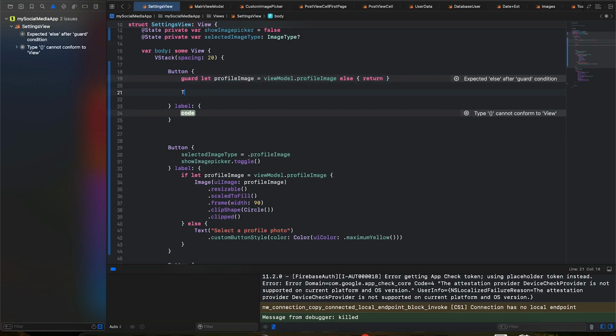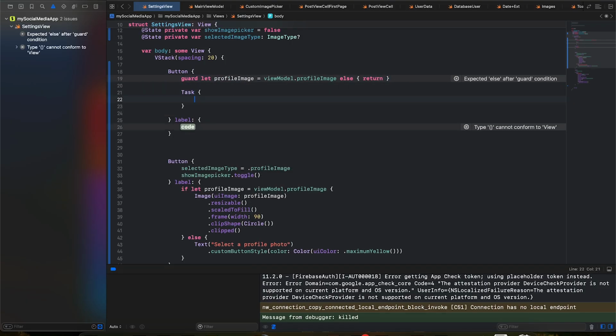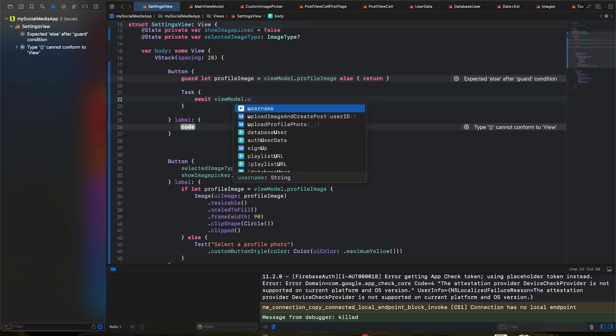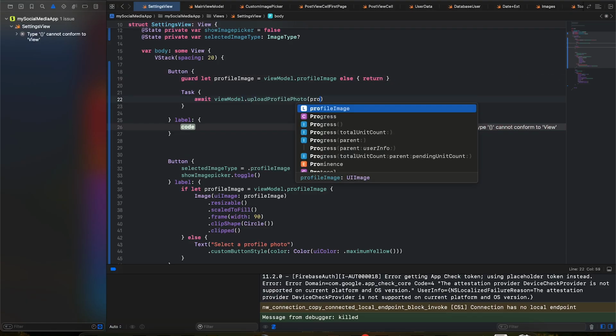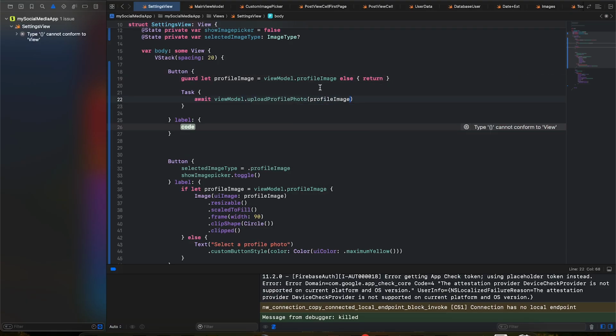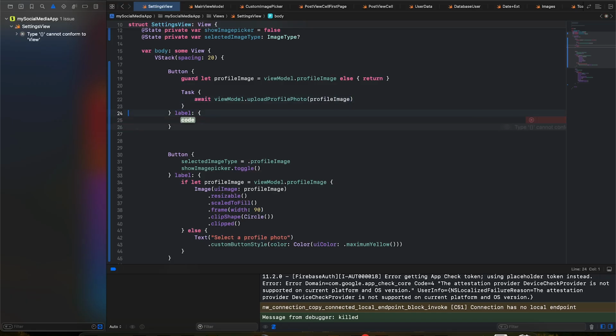We don't take in an optional image, so I don't want our app to crash, and that is why viewModel.update is upload profile photo. Okay, this seems fine, and we can pass in the profile image here. So this is there. Now it's throwing us an error for the label, that is fine. We can select this and we can say update